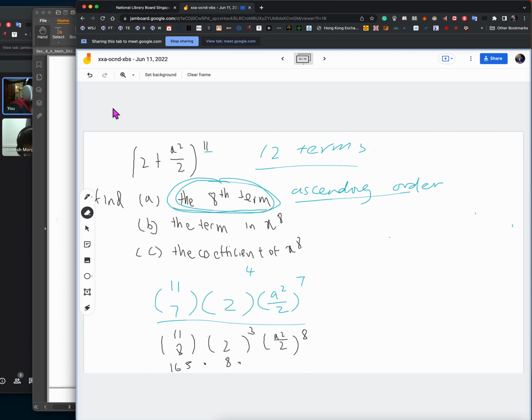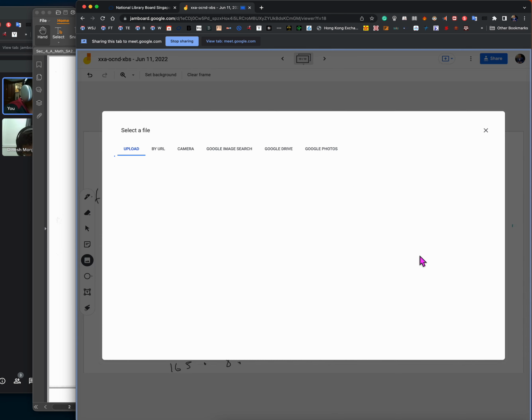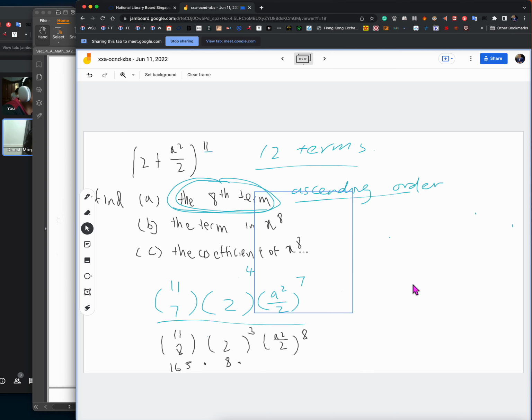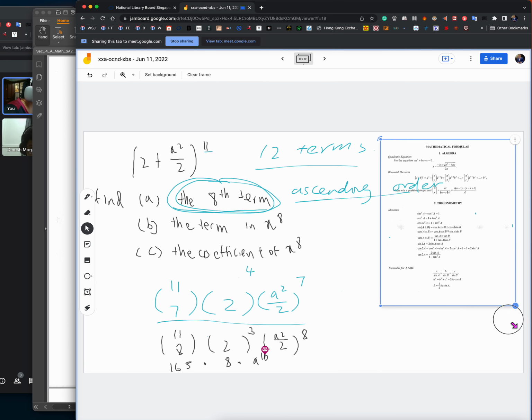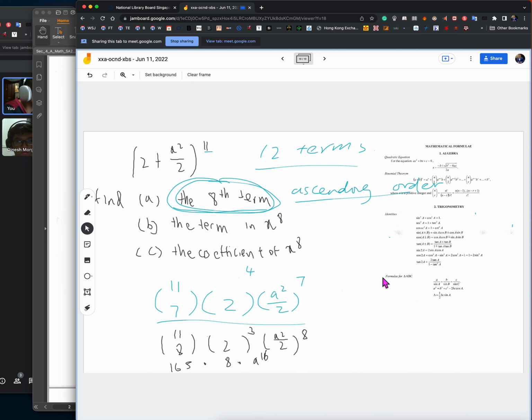So I'm going to upload this formula sheet. Then we can take a good look at it. I hope you can see the formula sheet on the right hand side already. Sorry to interrupt you, maybe you finish part B first, then I will talk about